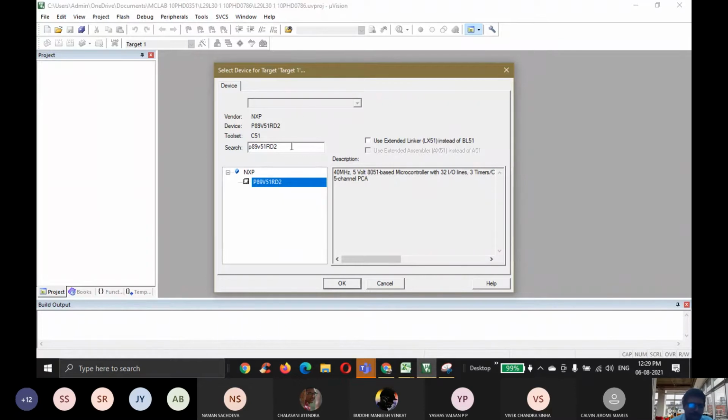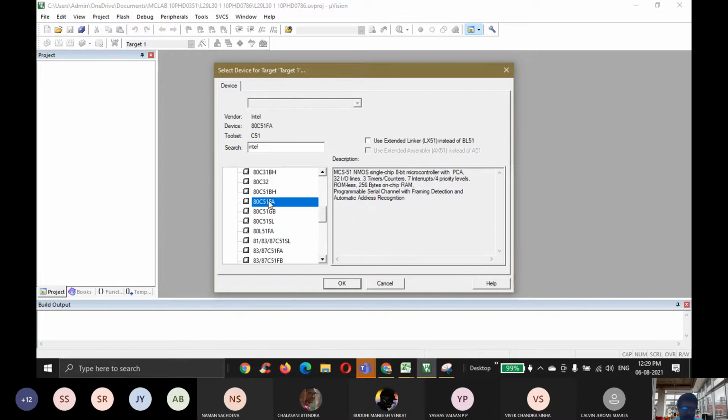Since it has been purchased for our laboratory, we are going to use this. So if you type 8051 here and press enter, you can choose 80C51. There they also have different versions of ICs.